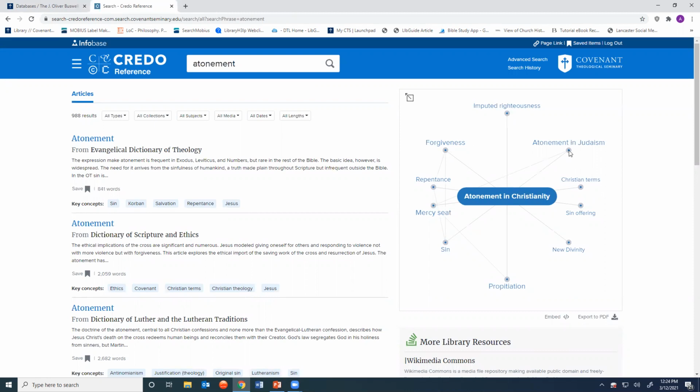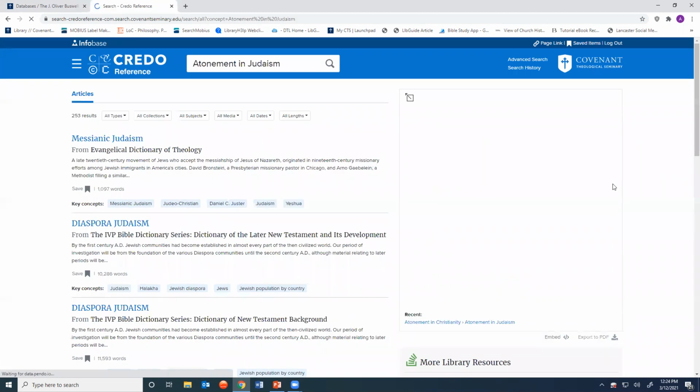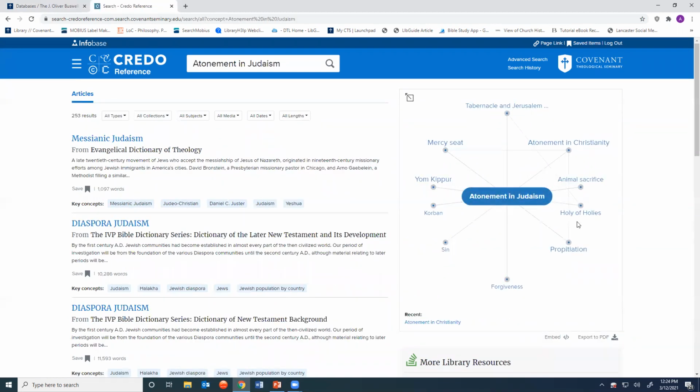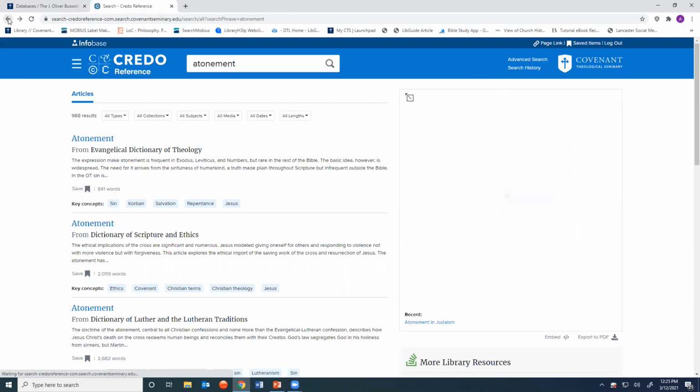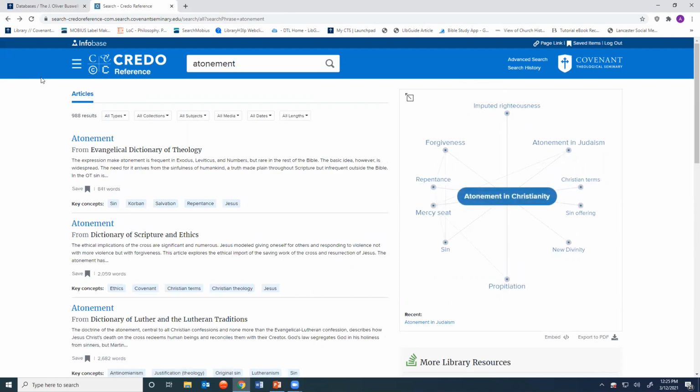And you've got kind of a cool visual there. You can click on those related terms and find more resources on those terms throughout the database as well. But let's go back to our original search on the Atonement.